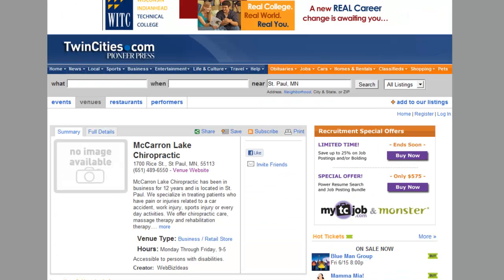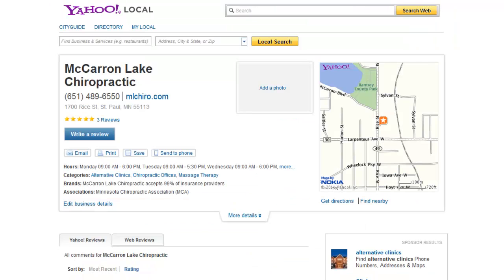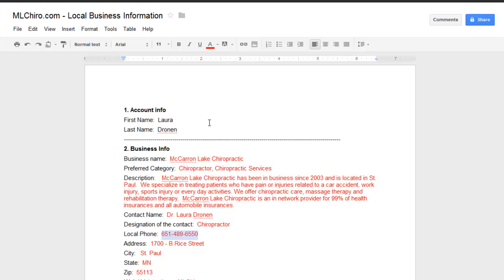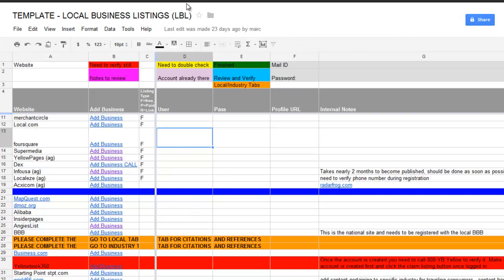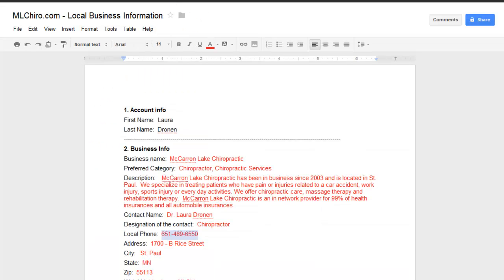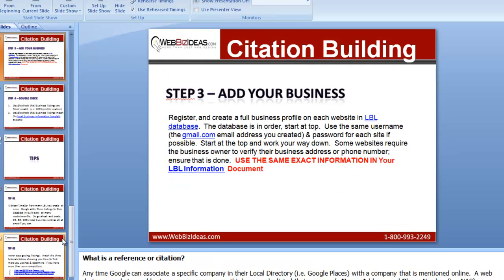Because any inconsistencies, Google may see, well, that's a different company. Your company name is different. And so that's the advantage of using a local business information template as well as your template here. So please do that when you're adding your local business listings. Now going back to here,